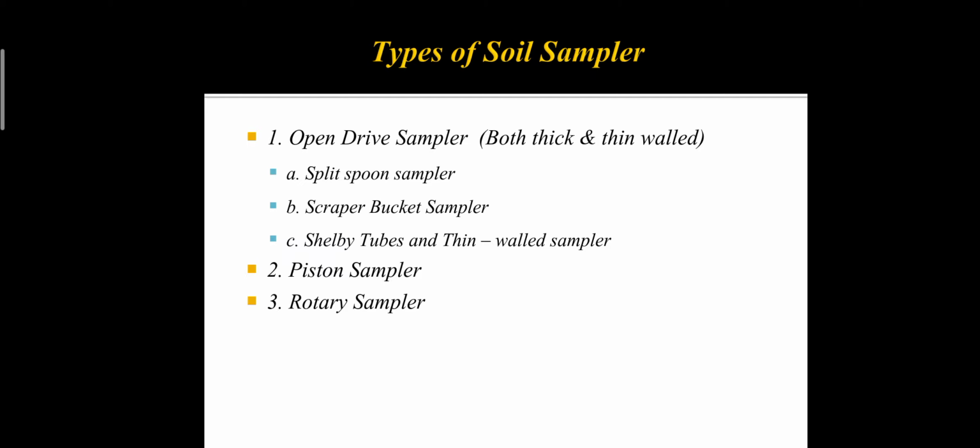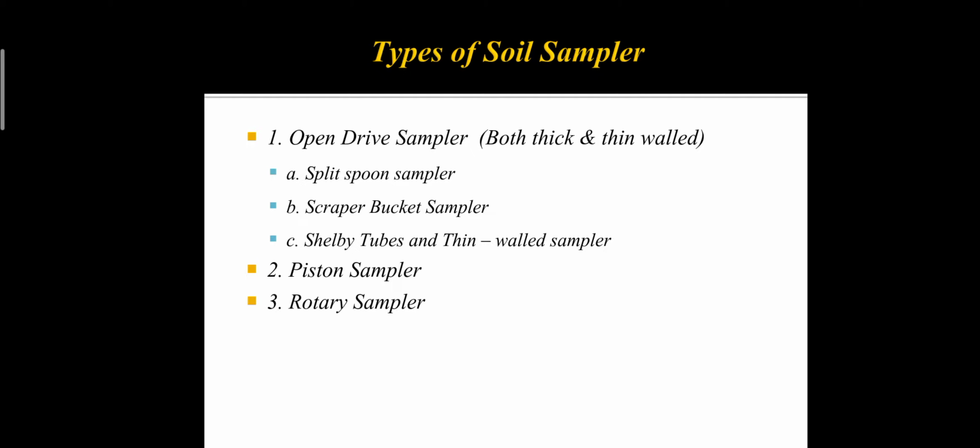The rotary sampler is mainly for rock samples. Core drilling மாதிரியே தான் இருக்கும். For obtaining rocky samples we go for rotary sampler, and all the others are used for soil samples or gravelly soils க்கு யூஸ் பண்ணலாம். And the second sampler, scraper bucket sampler, is mainly used for only the sandy soils which are present in water.